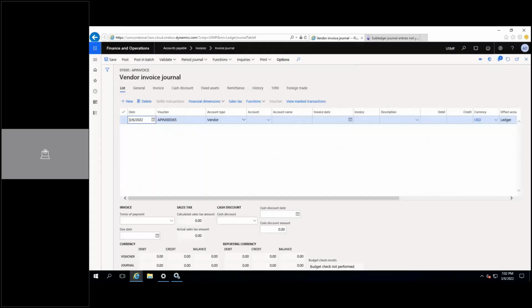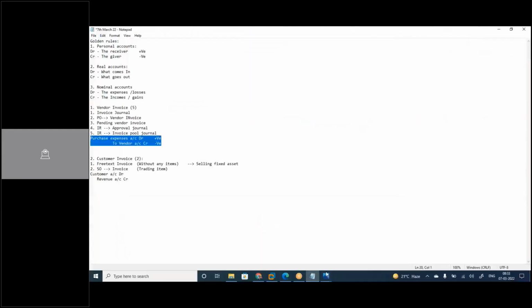Okay, the date is coming automatically. From where it is coming, you will understand later. The voucher number is coming from somewhere else. You will understand this one later. Select the vendor name. I'm just entering the vendor. Now you have received the invoice copy, because if it is